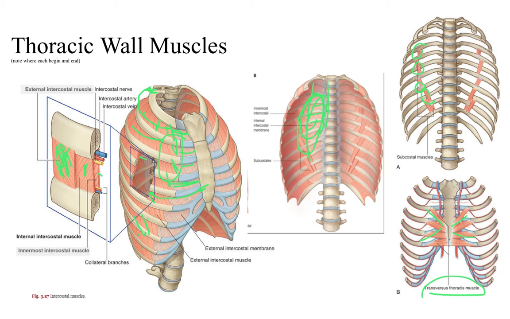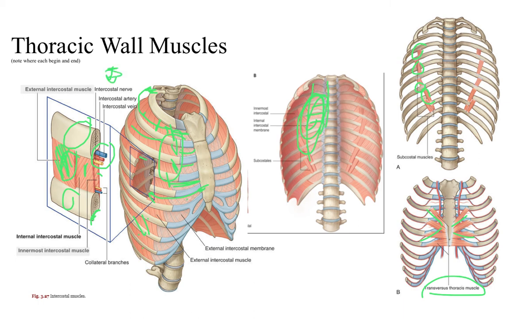One more thing that I didn't point out earlier, but I do want to point out now, is that with your rib cage, with your thoracic wall, you have your ribs and you have these muscles between the ribs, the intercostal muscles, but you also have this set of blood vessels and nerves that run along the underside of each rib in what's called the costal groove. All right, so here would be your costal groove right here, and they run very specifically. You have your intercostal nerve